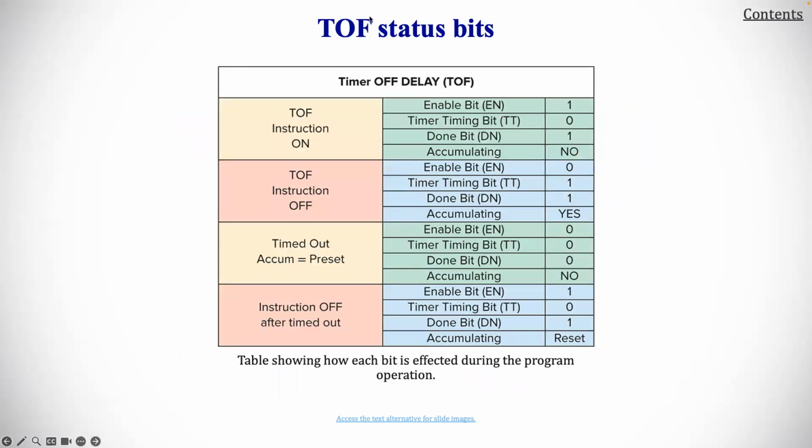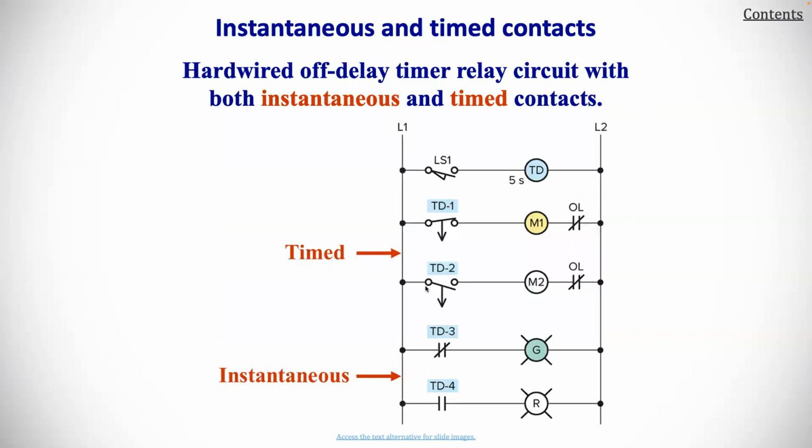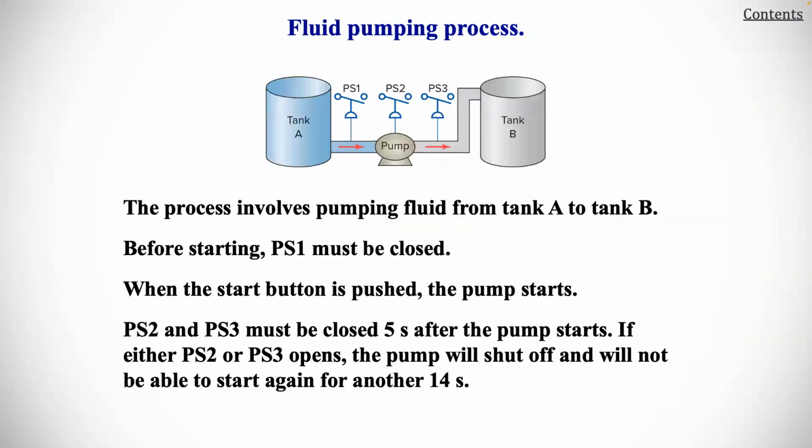This is the TOF status bits, the table showing how each bit is affected during the program operation. For instantaneous and timed contacts, we have hardwired off delay timer relay circuits with both instantaneous and timed contacts. So we have that. And for the fluid pumping process, the process involves pumping fluid from tank A to